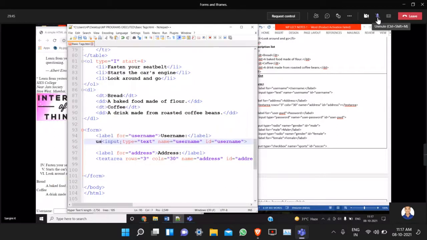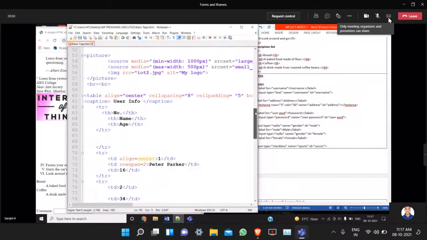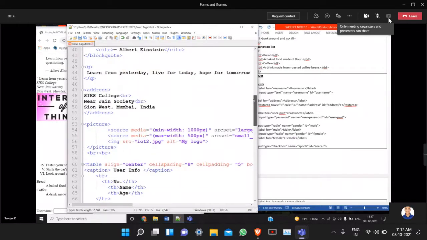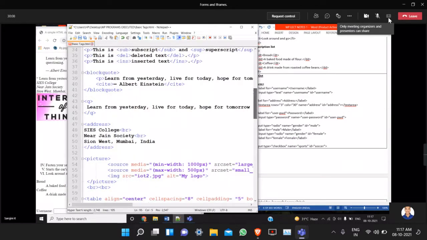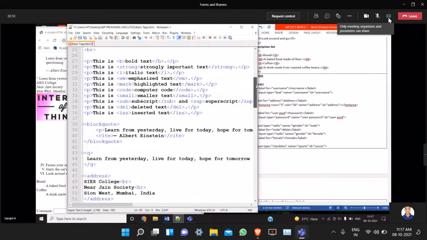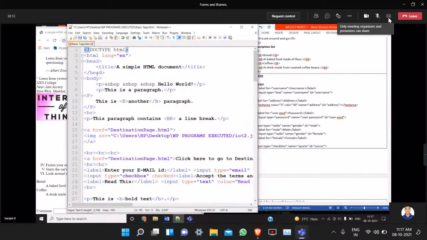The proper alignment, the proper hooking between the label and the respective element, if you want to get it, then you have to use the label tag. Even within the body tag, one second, I will move to the body tag. Within this body tag, students, all of you listen, within the body tag, without writing any tag, I can write a paragraph.